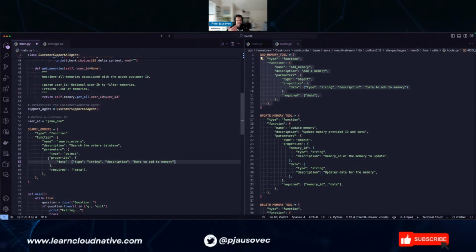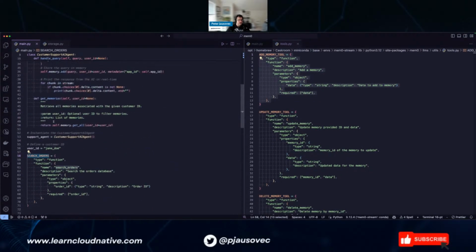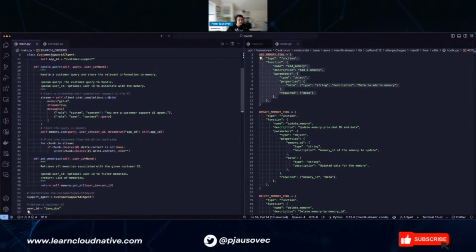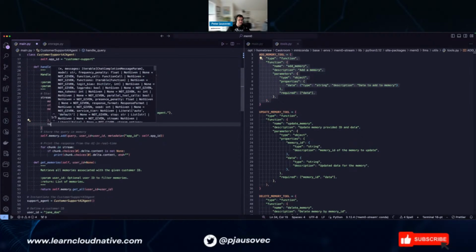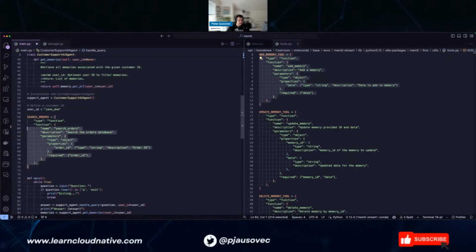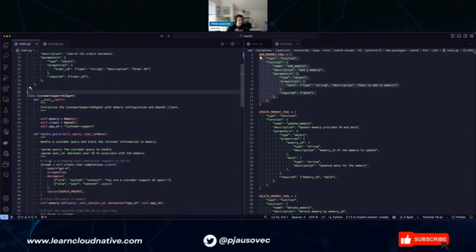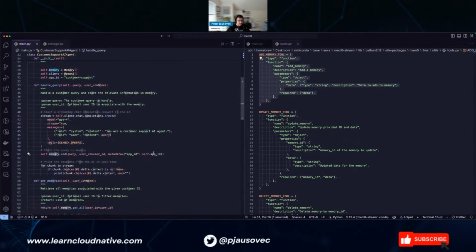And what will we have to pass in? We'll have to pass in order ID, a string description, order ID, right? That's it. And then we'll return back some fake data. So search orders. Oh yeah, it'll work. Over here, chat completion create, we'll do tools equals search orders. I just move this up there. So it's going to store that in a memory.